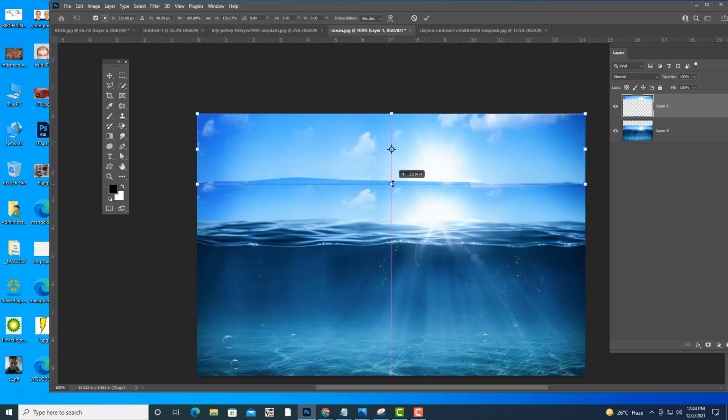So I am trying to increase the background.